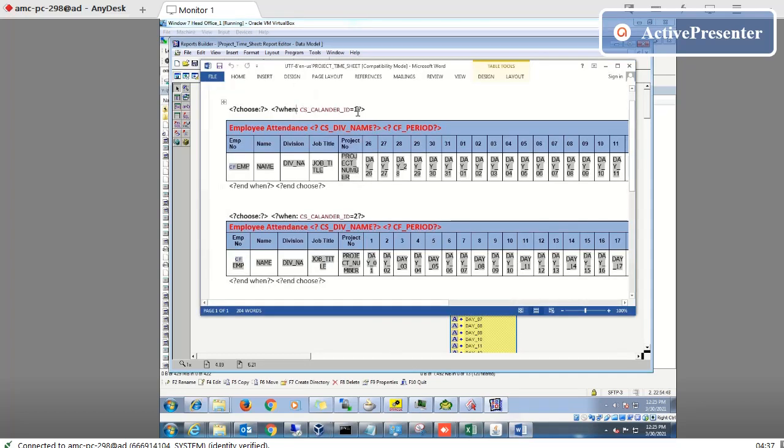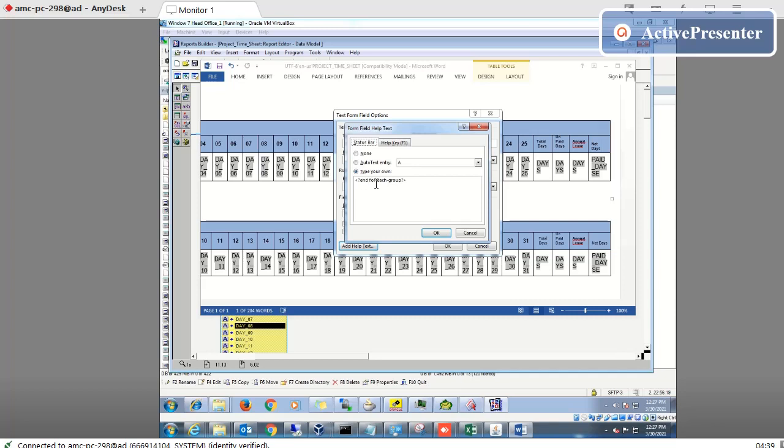If the variable is one, then this format will be executed, and if the variable is two, then this format will be executed. So we want this first thing. This is an end for each loop, okay.